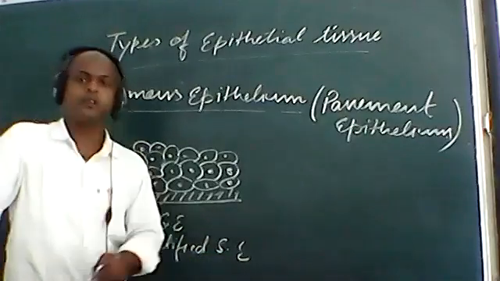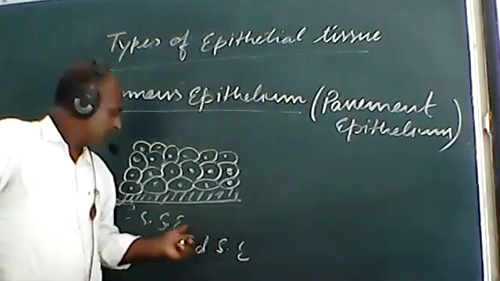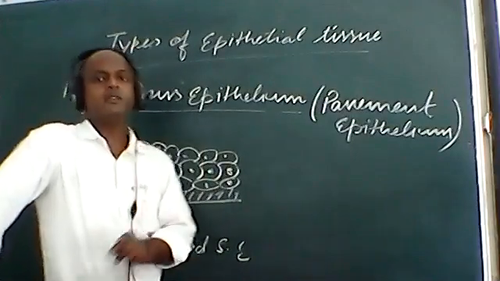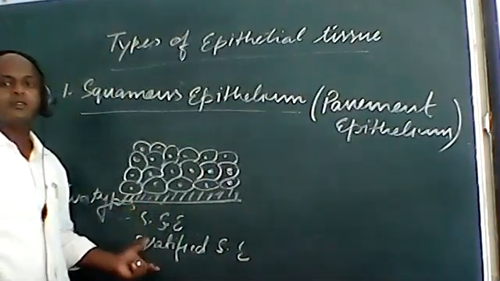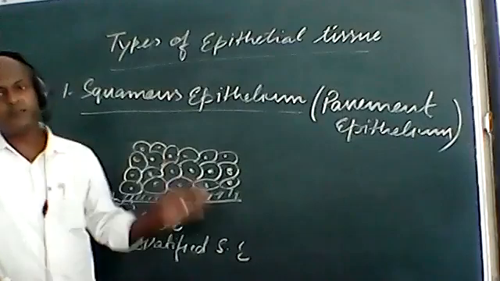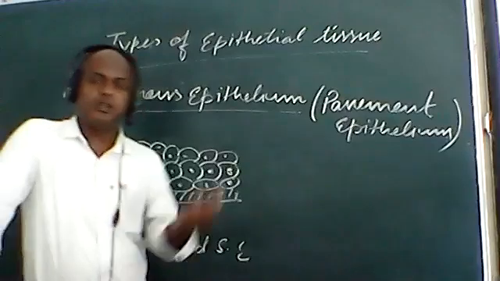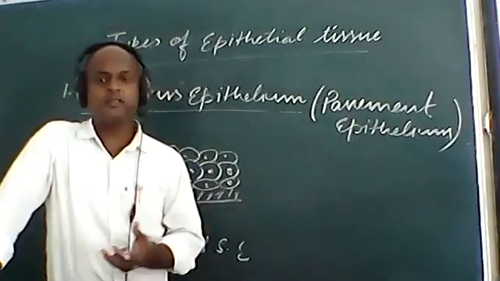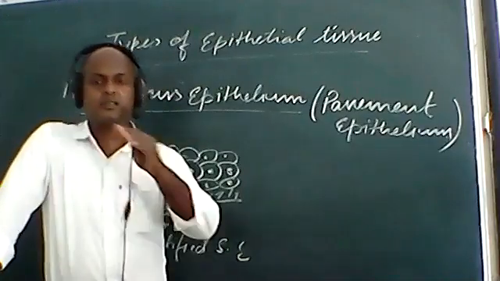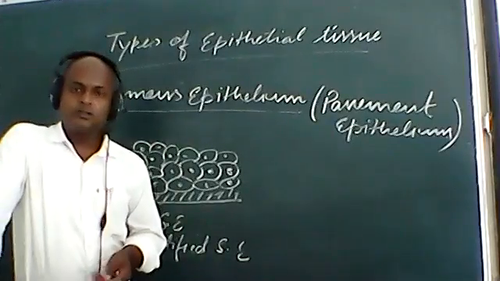What is the difference between the simple squamous epithelium and stratified squamous epithelium? There is a simple difference: simple squamous epithelium is made up of a single layer, whereas the stratified squamous epithelium is made up of more than one layer of cells. This is the basic difference. If there is a single layer, then mostly it is found in internal organs of our body, whereas the stratified squamous epithelium is found in those places where there is requirement of more support and protection, so that the upper